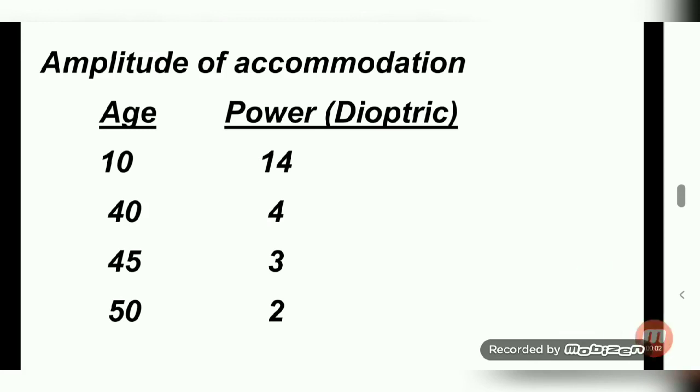We actually keep the book at about 25 cm, so we can read comfortably up to the age of 40 years, and after that the near point recedes beyond the normal reading or working range. This condition of failing near vision, due to the age-related decrease in the amplitude of accommodation or increase in the near point, is called presbyopia.